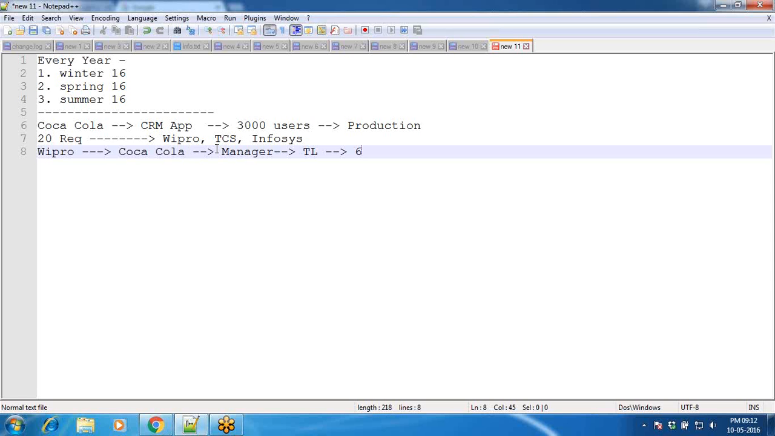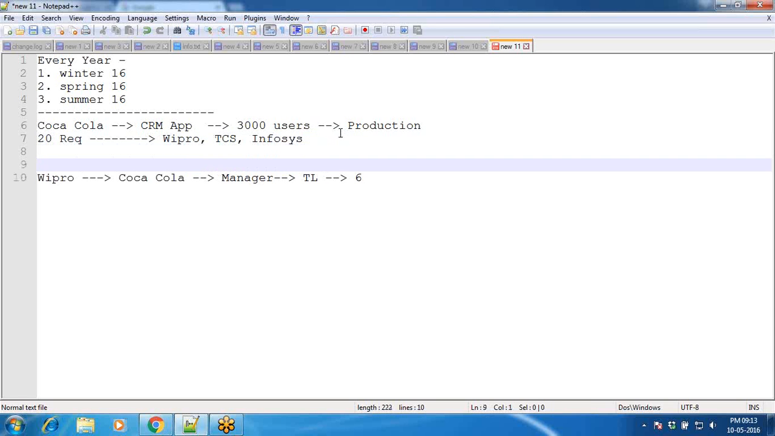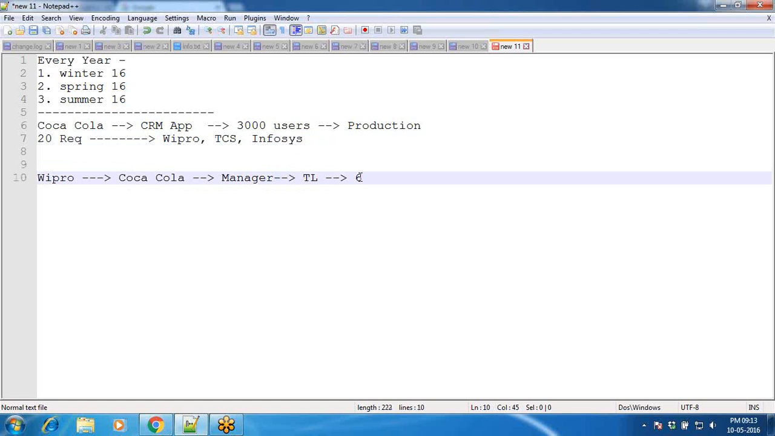So now, the Coca-Cola company won't provide access to all the users from Wipro. There are around 6 Wipro employees who are going to work on that project, but they won't give access to all 6 of these employees. Instead, they give access to only one of the employees, because